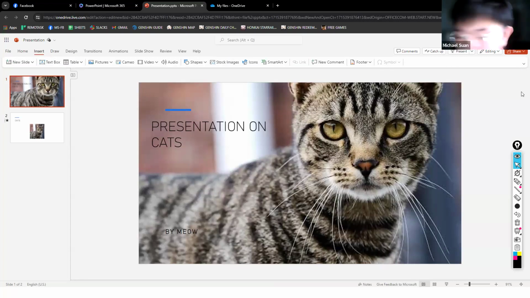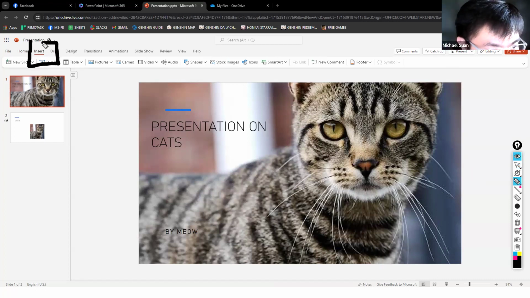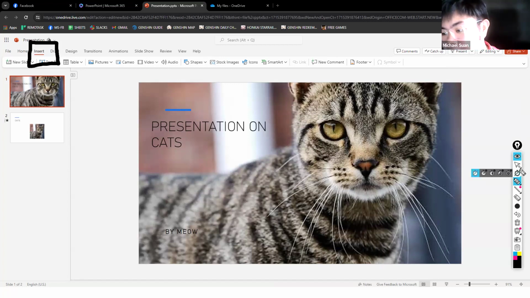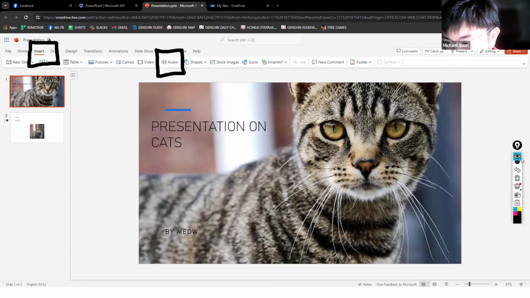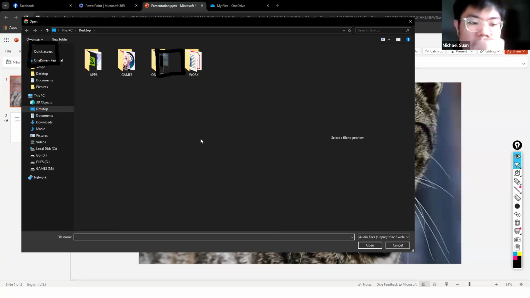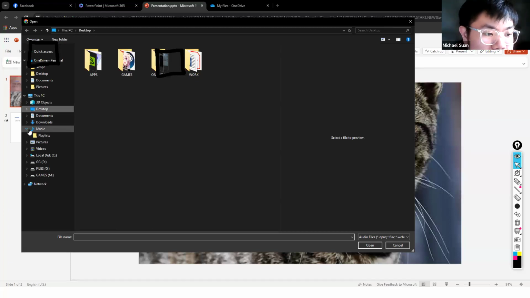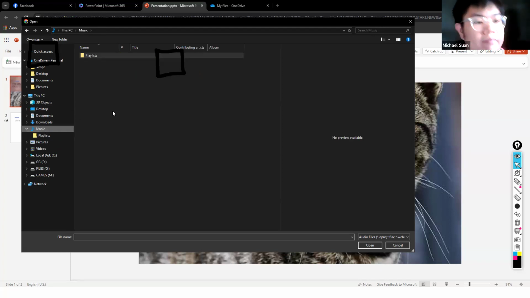So, if you want to insert sounds, you just click on insert, and then you click on audio. And then it will go to the files.